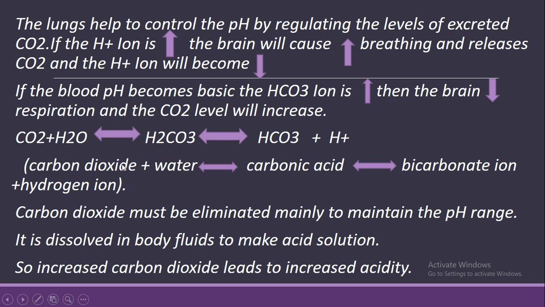I have written here carbon dioxide plus water, that produces H2CO3, that is the carbonic acid. That is the formation of carbonic acid. How is it splitting? As bicarbonate ion HCO3 and H plus ion, the hydrogen ion. In the lungs, this carbon dioxide and water is already present in the body, mainly in the lungs. So carbon dioxide plus water form this carbonic acid, and automatically it dissociates into HCO3.